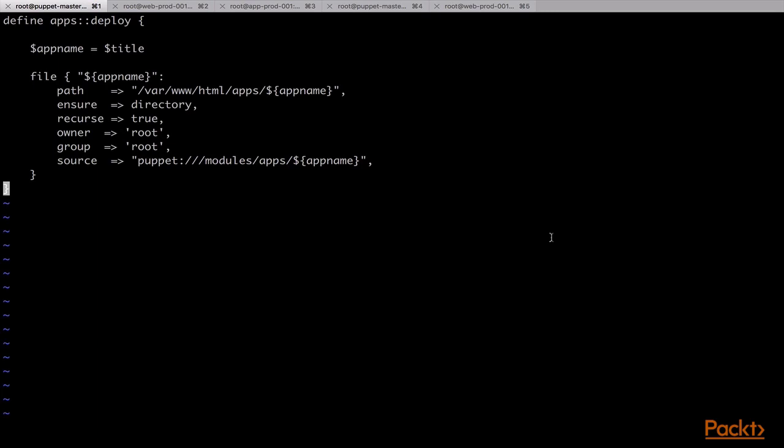As we can see, we have created this definition with define instead of class. This is what makes this a resource type. When we call the resource type from other modules, we will mention an identification name. This name will be sent to the resource type as the title parameter. Here we have stored the value of title in the app name variable and then deployed the application using the